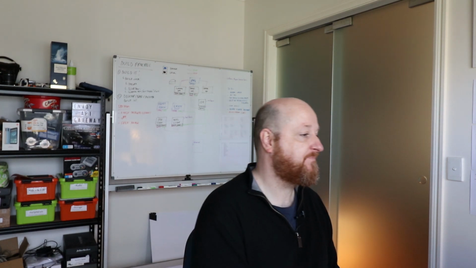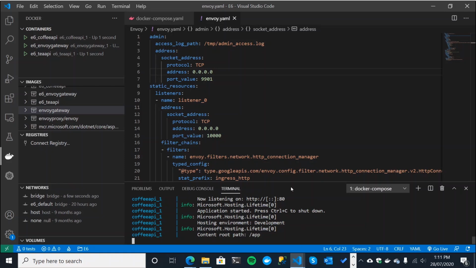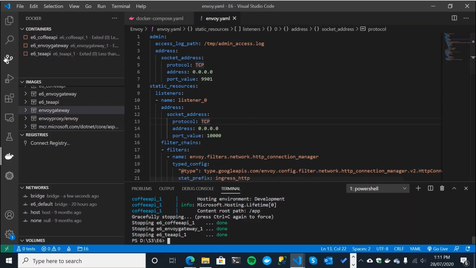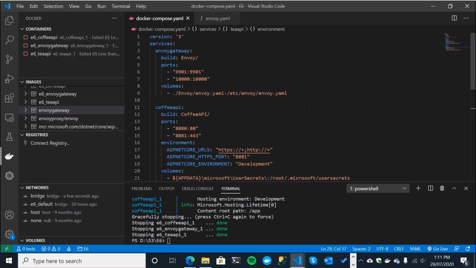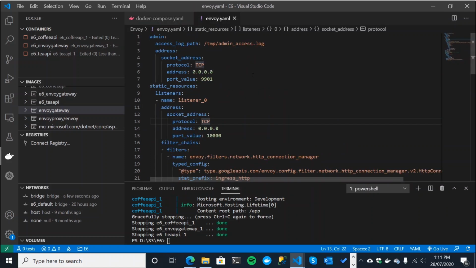All right, so now we're going to come on to the main part of today's tutorial, which is to deep dive into the Envoy.yaml file and make some changes and do some routing and do some other bits and pieces as well. So first off, let me just kill these running containers for the moment. Now, just stepping back, for the most part, we're going to be really concentrating in the Envoy.yaml file.